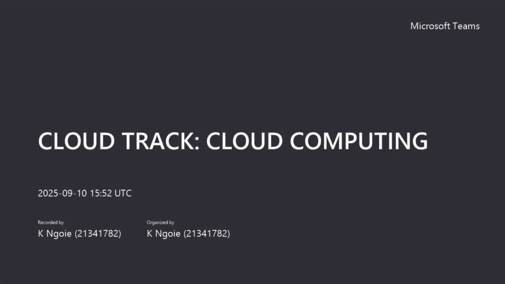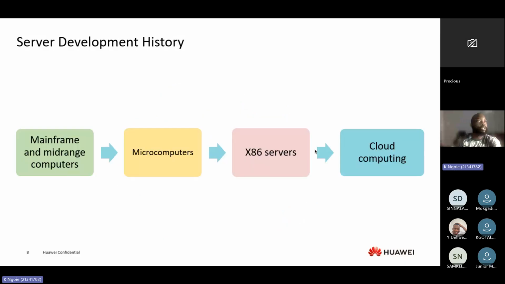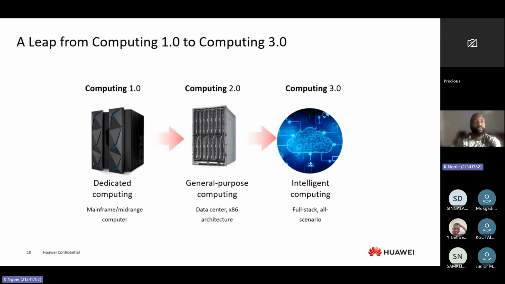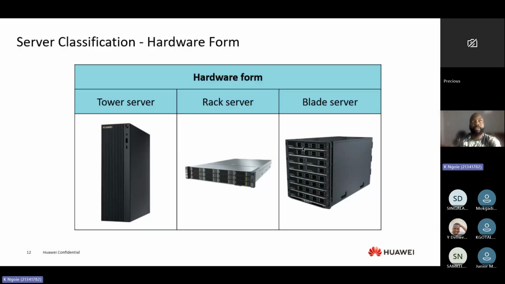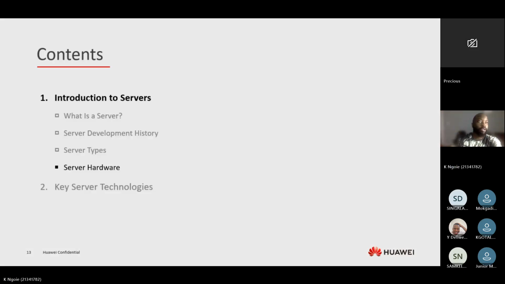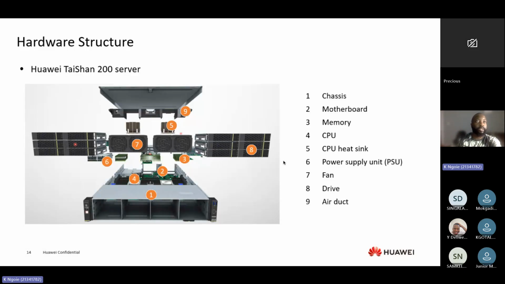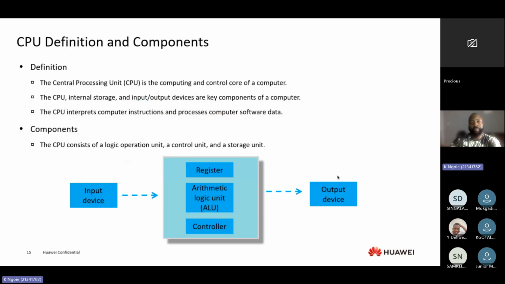Yesterday we spoke about different functions and features of servers and the evolution of servers. The types of servers that we have: the tower server, the rack server, and the blade server. And we also spoke about the server hardware and how all these would work together in terms of your CPU, how your CPU works, how the input devices will take the information